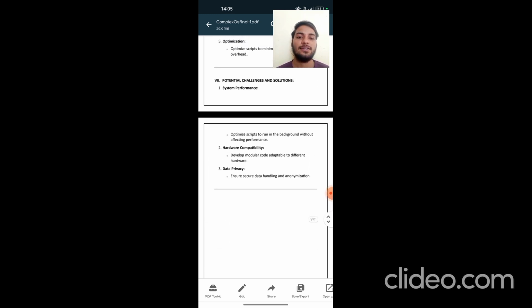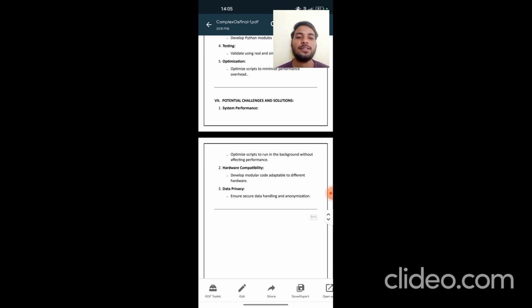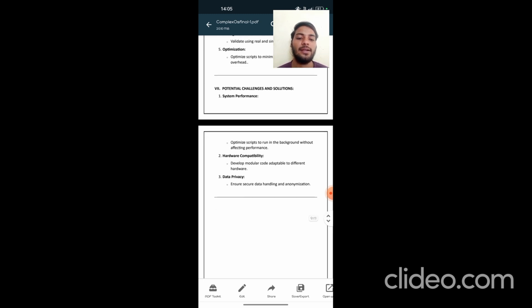Potential challenges and solutions. In this, we have system performance, hardware compatibility, and data privacy. System performance: optimize scripts to run in the background without affecting performance. Hardware compatibility: develop modular code adaptable to different hardware. Data privacy: ensure secure data handling and